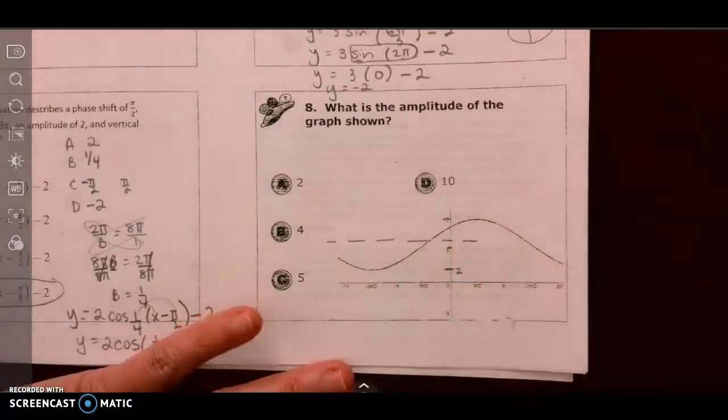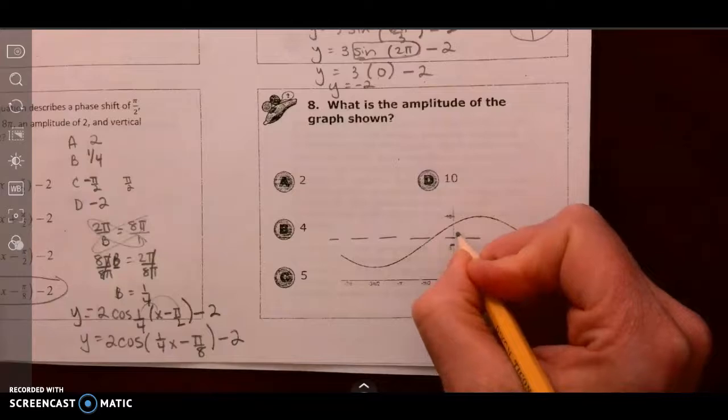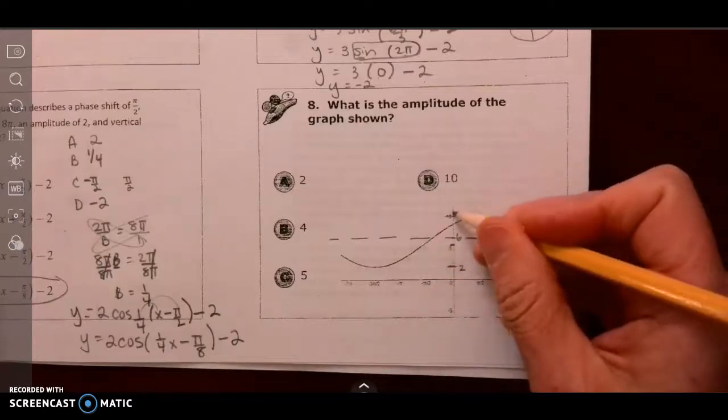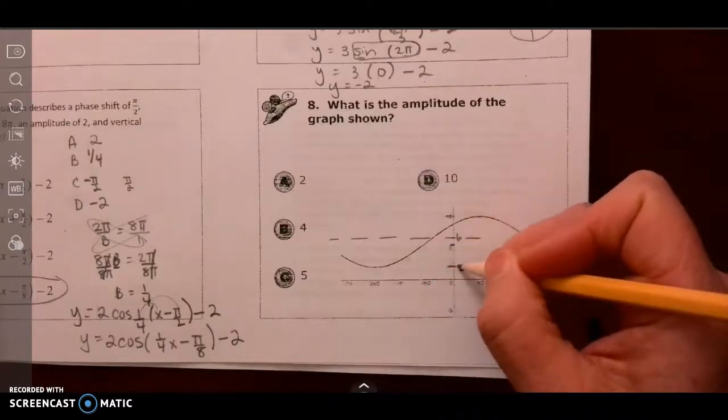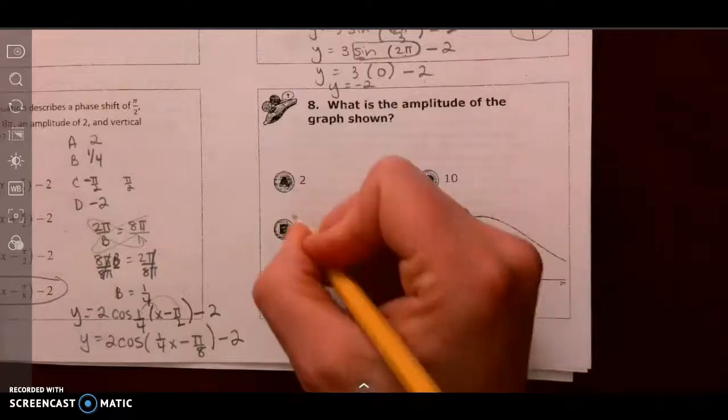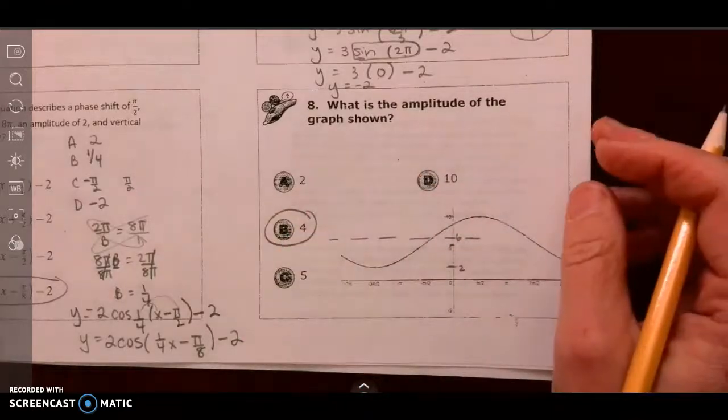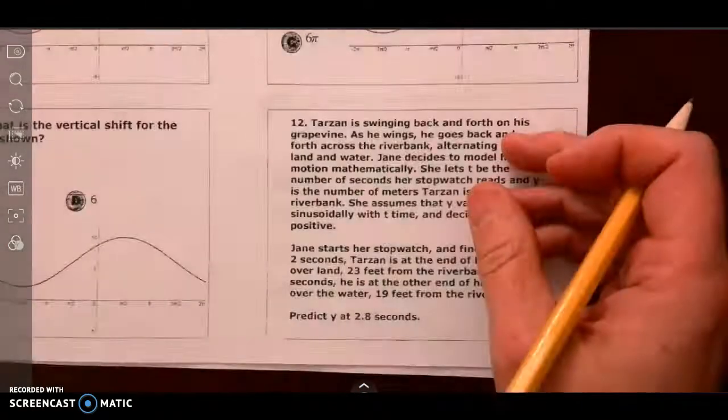Let's see this one second. Right, so if this is 6, it's up 4 to 10 or down 4 to 2, which makes my amplitude 4. Right, next question